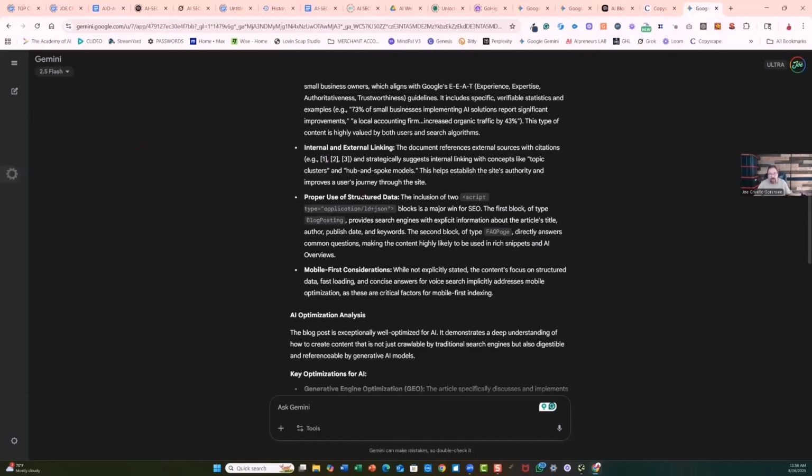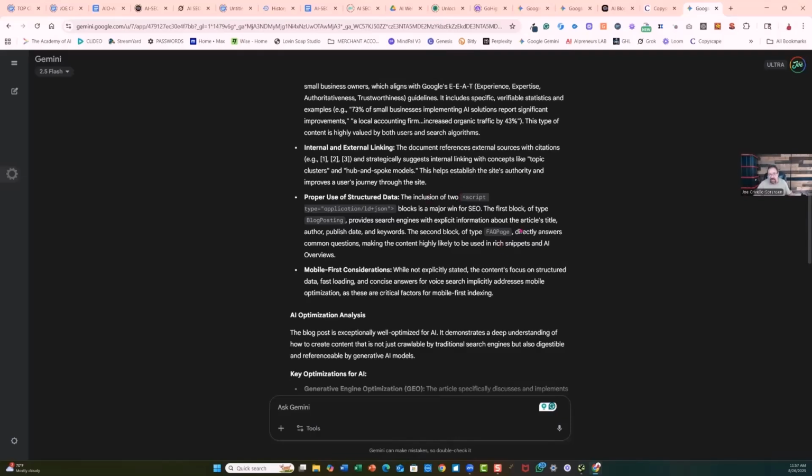And then proper use of structured data, that's schema code, if you didn't know that. So right here it even says the inclusion of 2, because I want schema code for the blog and I want schema code for the FAQ, because there are 2 different types of schema code. And I have videos out there about how to do schema code and why it's important, and it's extremely important for AI now.